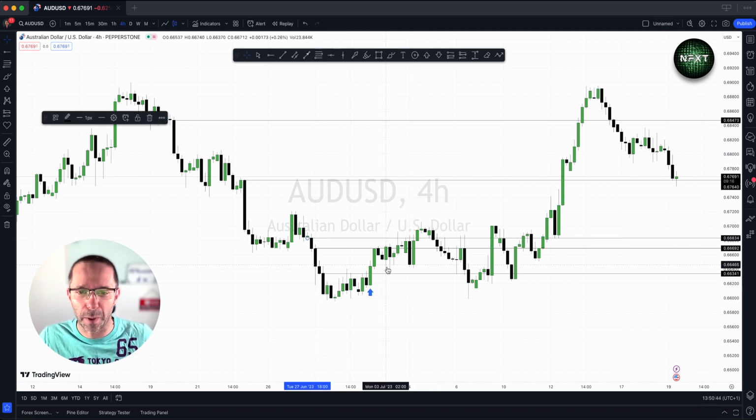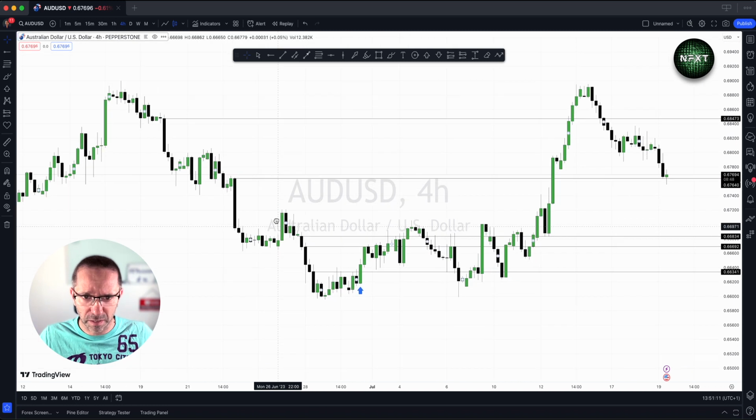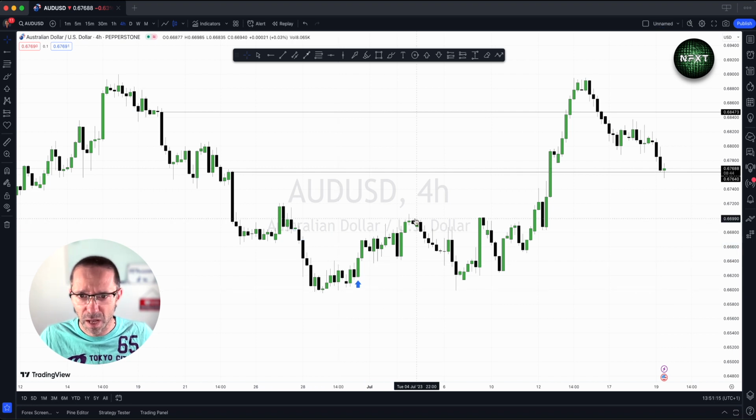Now we have pullbacks here, which gives me an entry from this low to this level. On a lower time frame, this is where we look for those entries. Now, when the market comes down here, we go to this level. Eventually, we break through with this candlestick. Okay, that represents to me then that the market's still bullish. And at this point, just remove all these levels. At this point, when I see this candlestick,